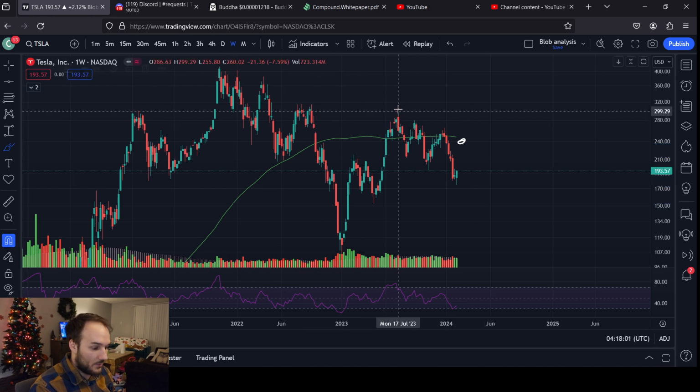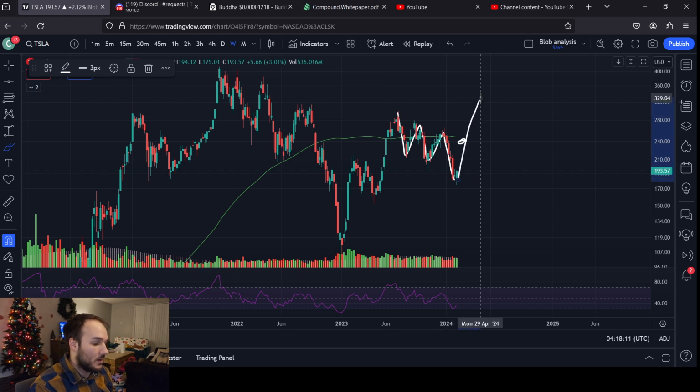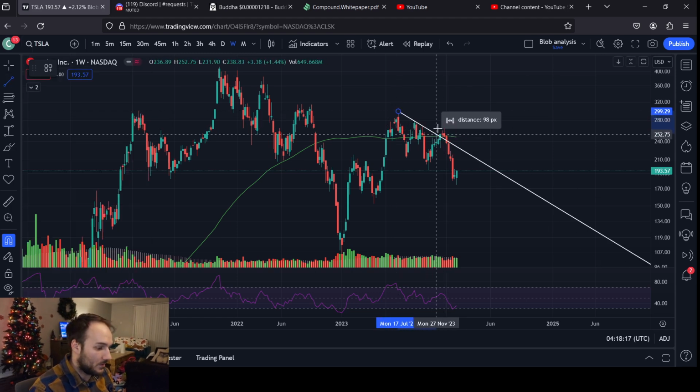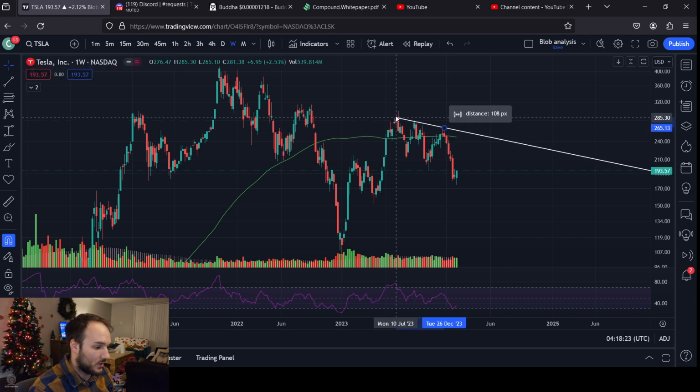But also you have a 1, 2, 3, 4, 5. Generally speaking, on patterns like this, after five legs, you tend to break out, right? And when I say patterns like this, I'm thinking of a broadening top. I wouldn't say this is a broadening top though. I mean, maybe it is, depending on how you draw it. But if I'm drawing it from starting here,